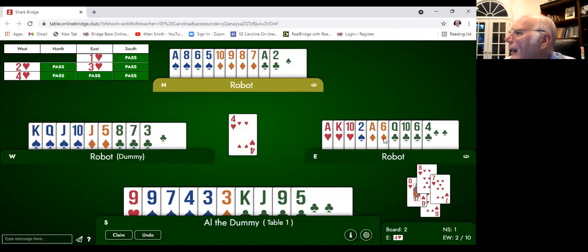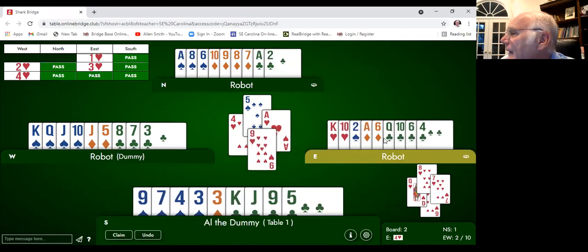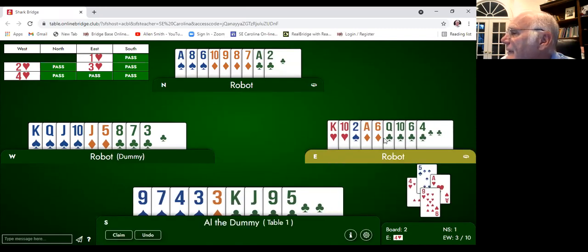All right, now North plays the 5 of spades. You go, why do you play the 5 of spades? Well, 5 is part of the signaling strategy that we use in defense, and the 5 is part of what's called odd-even. The odd says, I like this suit, lead me a spade. And he comes back and takes that ace. Says, okay, let's take our diamonds and see if we can create a situation where we've got a ruff and a sluff. So he leads the